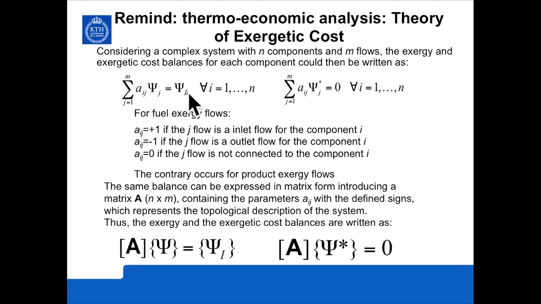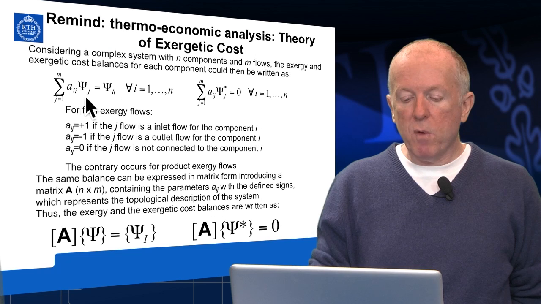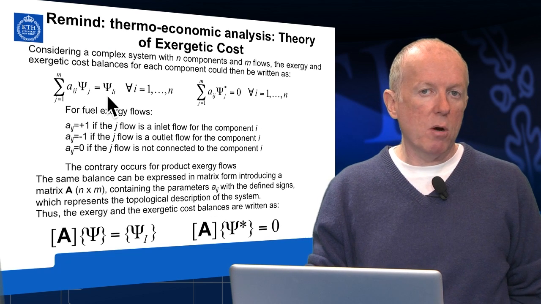We can write this equation for every single n component of the plant, of the complete system. So for each i going from 1 to n, where n is the total number of components of the system. So this is a way to write the same equation that we have already seen in a more compact way,